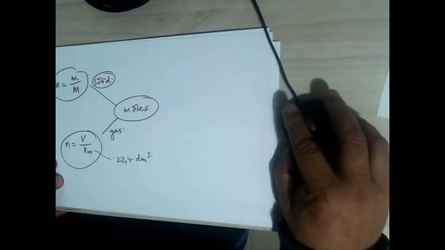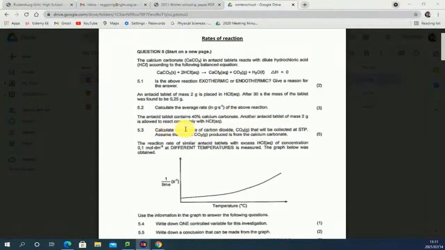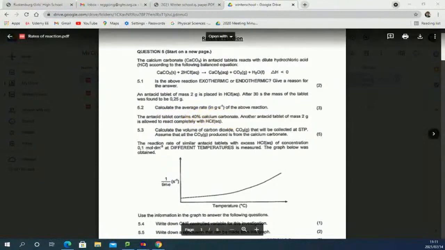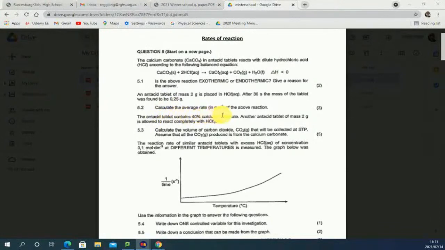And the reason why I'm drawing this again is simply because we have a situation where we calculate the volume of carbon dioxide at STP. So as you can see, I told you before, everything relates to moles. 40% of the tablet is calcium carbonate. Forty percent of the antacid tablet contains calcium carbonate,